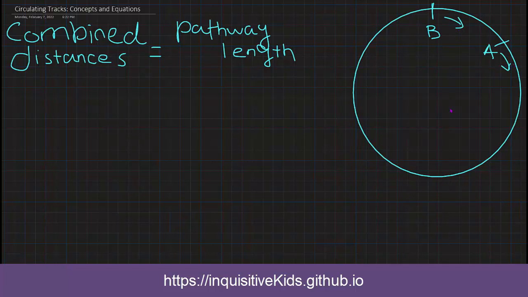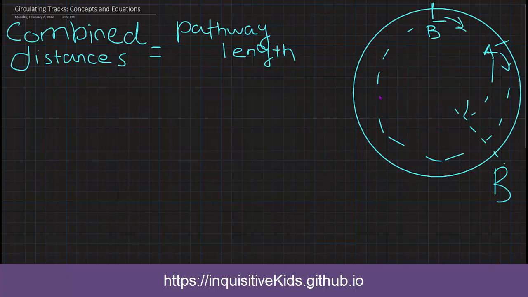Remember, it's a circulating track. So A would have to go all the way over here to catch up to where B is. And you notice that the extra part that she ran here, that A ran over here, is just a full pathway length. So that equation would be,